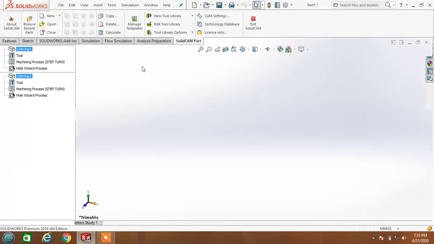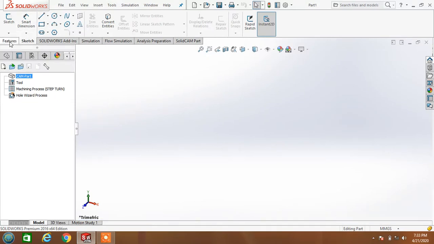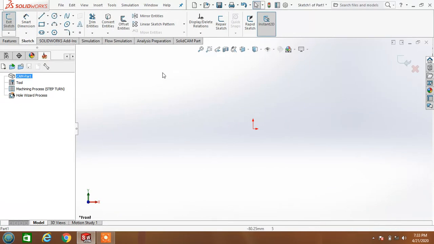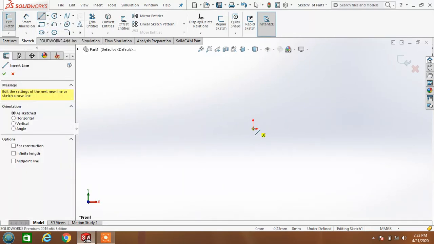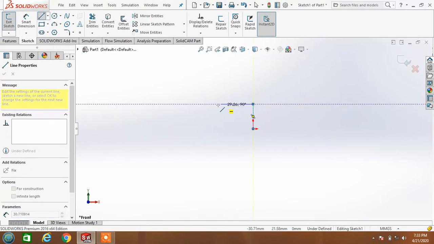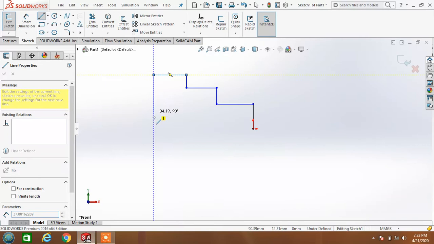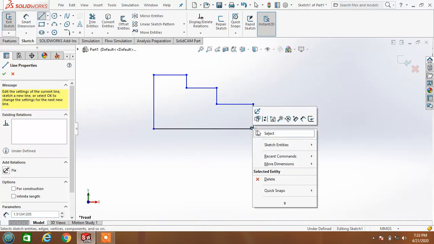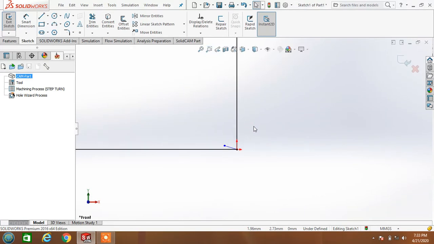Okay. First we go to sketch and feature. By using the revolve command we make one stepped shaft, a three stepped shaft of dimension.